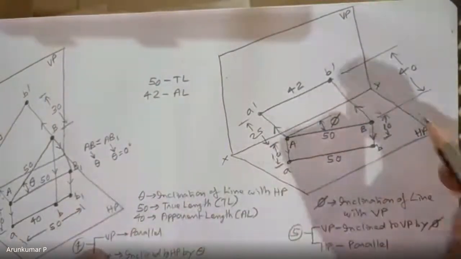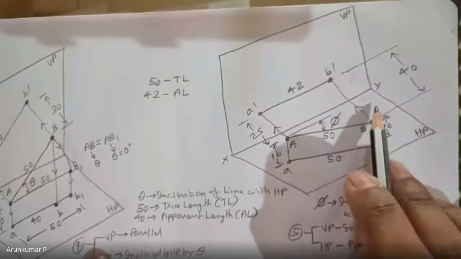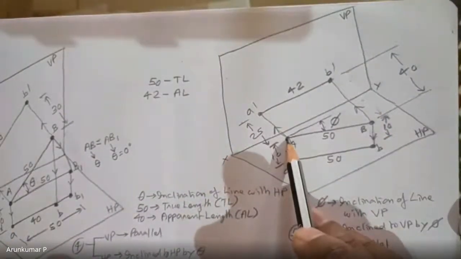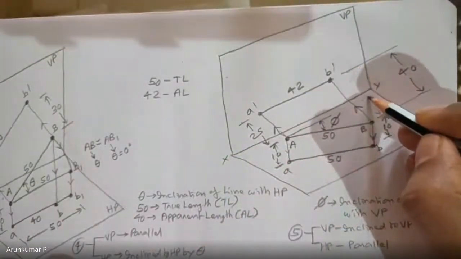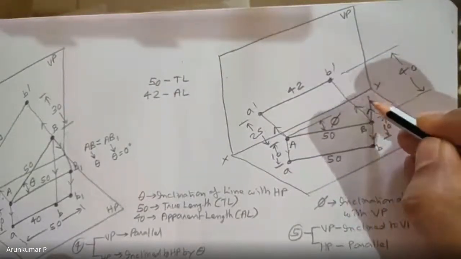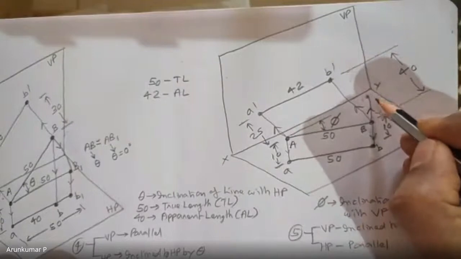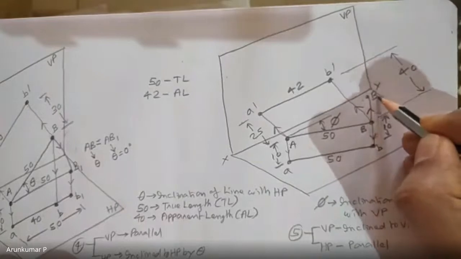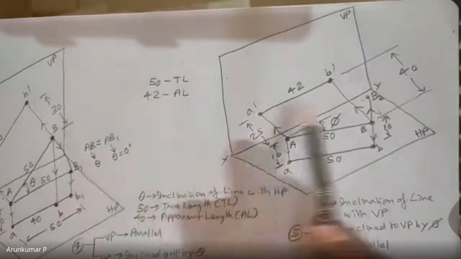So what I'll do is I will rotate AB and make it parallel to the vertical plane. For that, I will fix the end A and rotate the end B. So please observe how I rotate. Like this. This is the rotation. I'll rotate it till this point. This point is the new point, and I can give it a new name, B2, because I have already given B1 here. So let us give a new name B2.